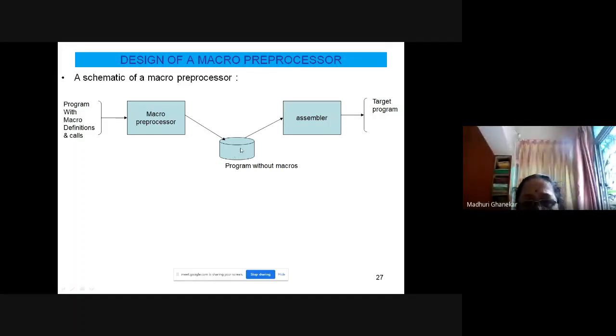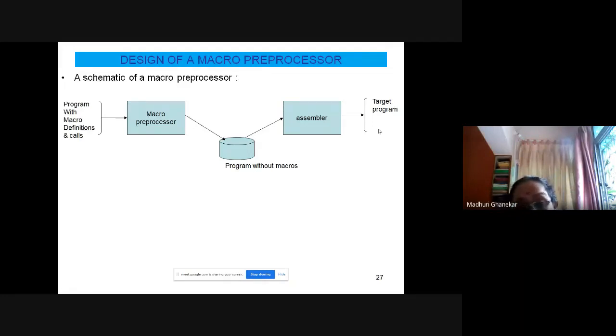Now this assembly program will be fed to the assembler, which will generate the target code. Remember this particular cylindrical symbol. This is a very old fashioned symbol actually, but it is still in use. This indicates secondary storage. It will store the program in secondary storage, and from there the assembler may read the file and process it, and the target code will be generated.